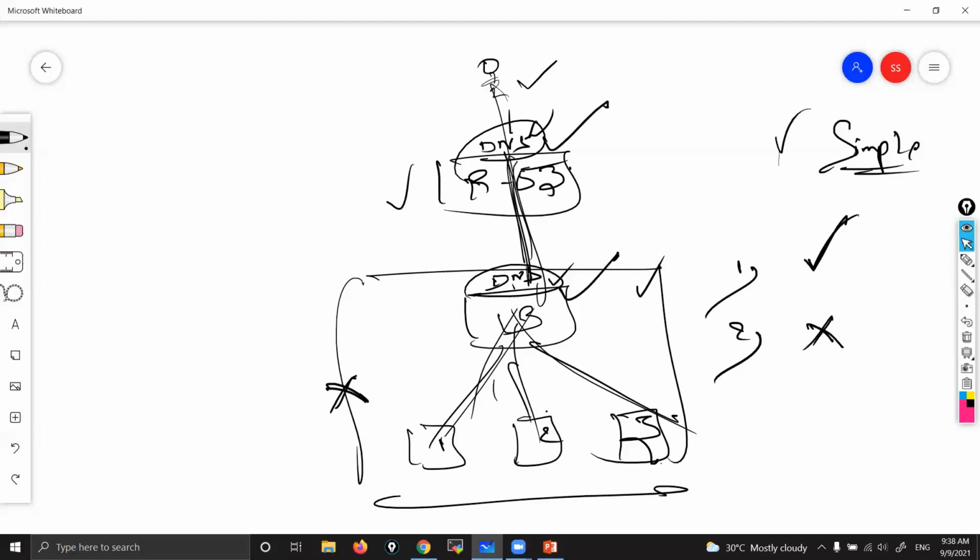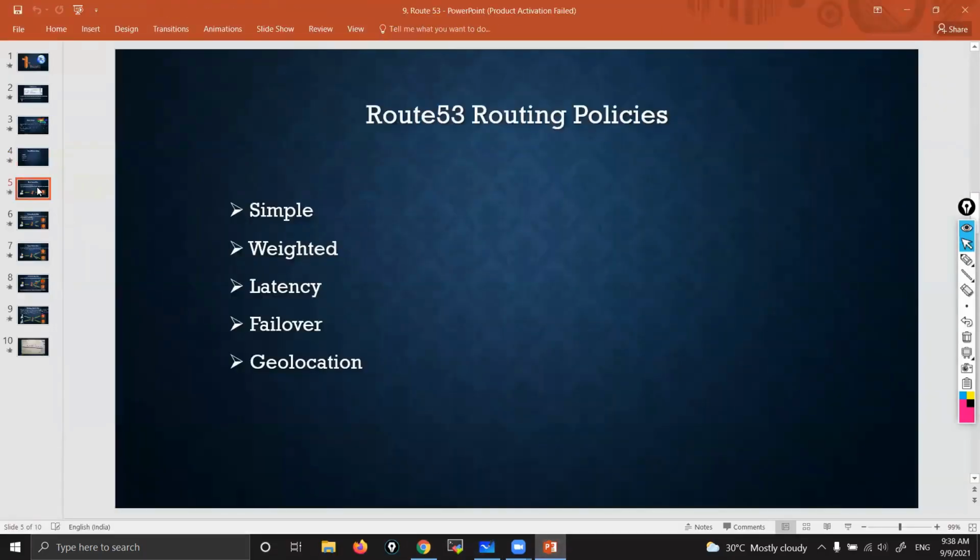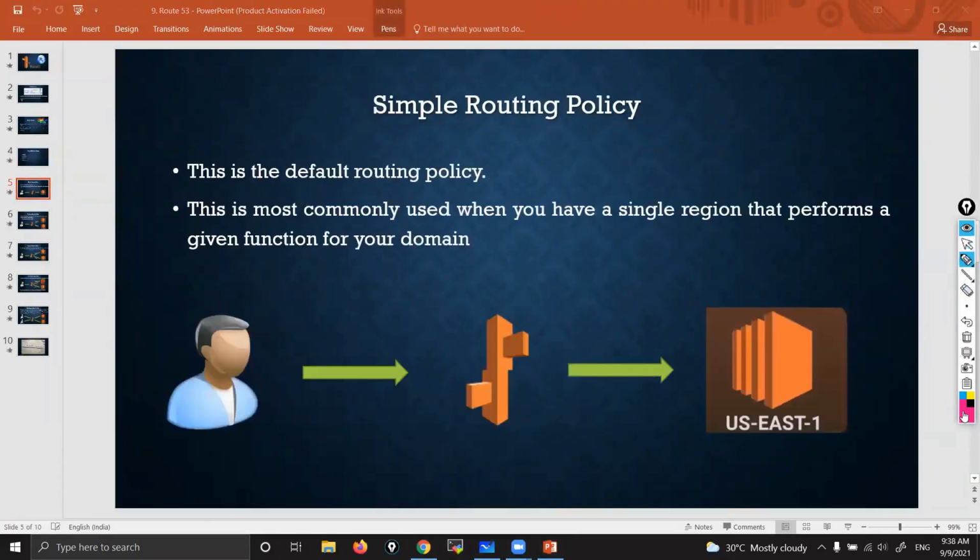You don't have another region, right? You have only one region. Your business is pretty small. Then you go for this one. First of all, losing a region is not so easy, guys. You will never lose. But here you are getting only one advantage. In all other routing policies, you are getting all the other advantages that I'm going to show you. So first, let me show you the simple routing policy.